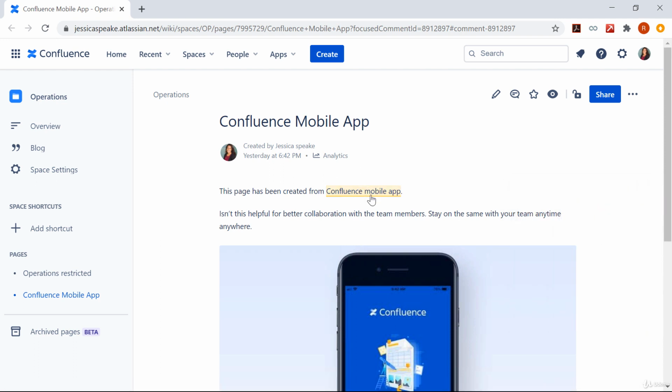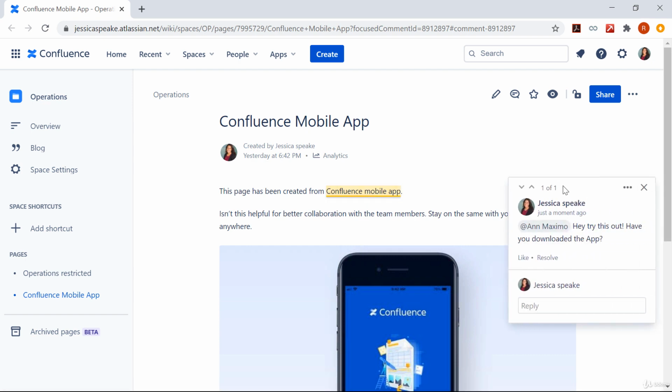After you hit save, the selected text will appear with a yellow highlight indicating an inline comment. Choose any highlighted text on the page to display the related comment. So this is the related comment on this text. Just like the comment which can be inserted at the bottom of the page, other users can reply or like your inline comments and you will be notified when they do so. You can see that on the screen there is one more option called resolve.